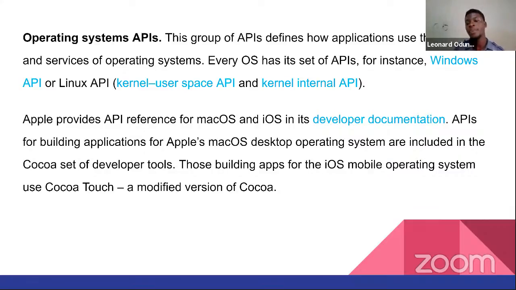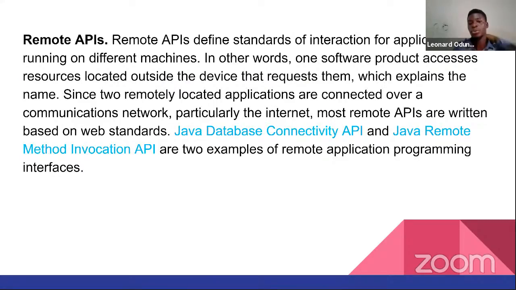Another type of API is the remote API. These remote APIs define standards of interaction for applications running on different machines. Like basically, somebody is using an application on a smartphone, like an iPhone, and somebody else is using it on a Windows laptop, somebody else is using it on every one of the consumers